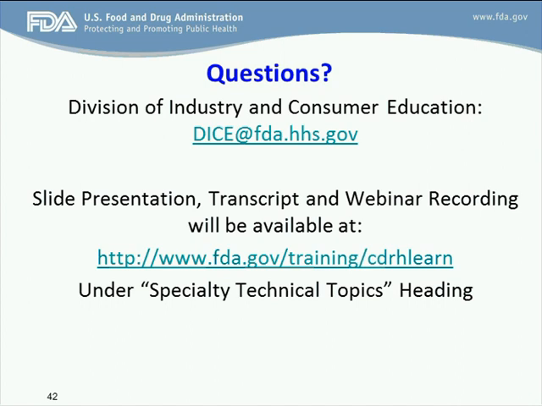Pretty much we recommend against using any kind of microbial log reduction for demonstrating cleaning because we haven't seen adequate data that correlates the reduction of microbes on the device to removal of soil. So in general, unless someone can provide data demonstrating that there is a correlation, we don't expect to see the use of microbial log reduction for cleaning